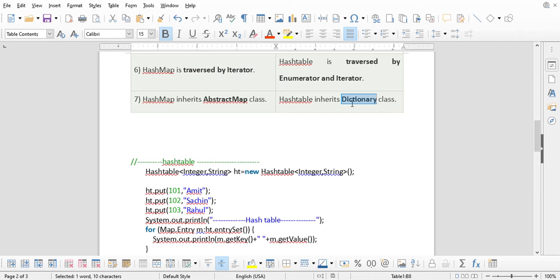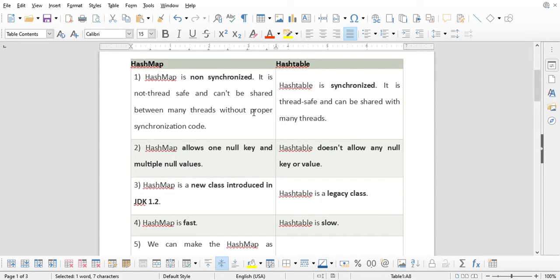HashTable is from Java 1.0 and HashMap is from Java 1.2. HashTable is a very old class, and it is useful in a multi-threaded environment because it's synchronized. HashMap is not synchronized, so it is not thread safe. If multiple threads are accessing the HashMap, then we should not use HashMap. In that case we should use HashTable.